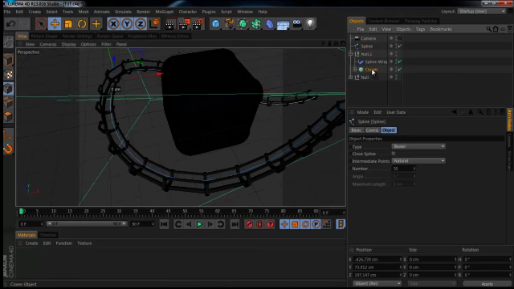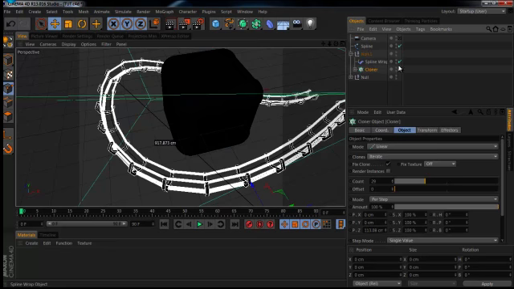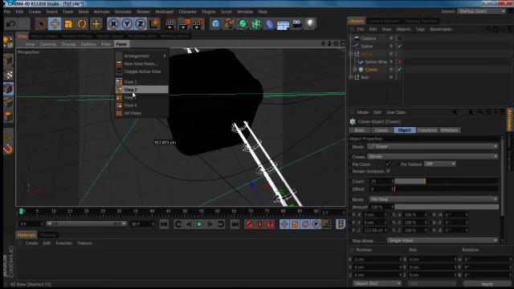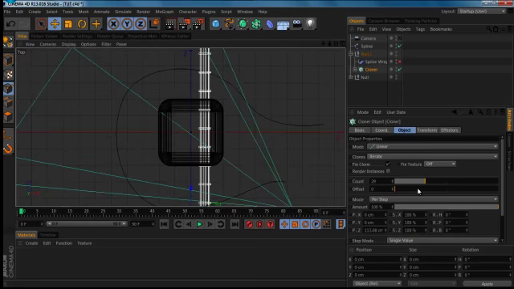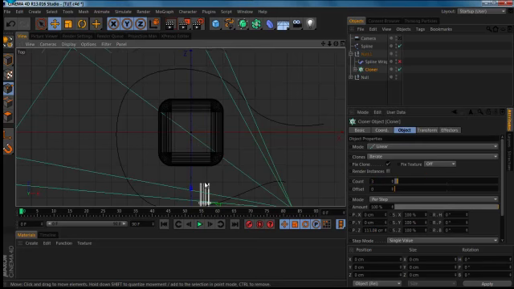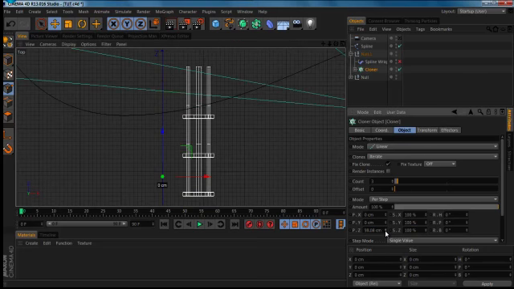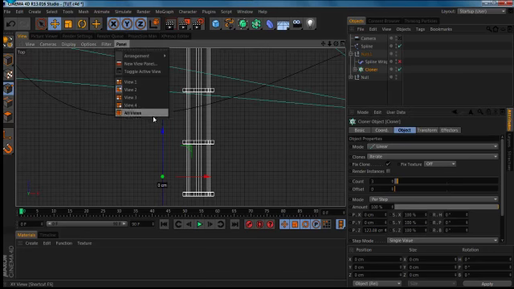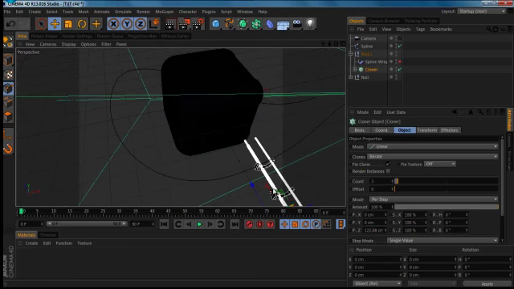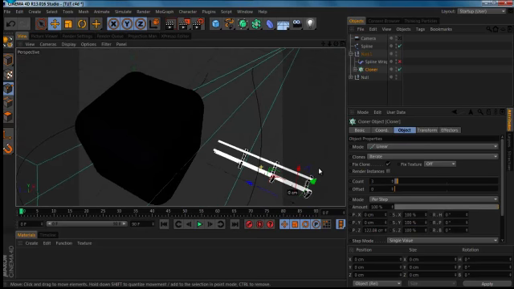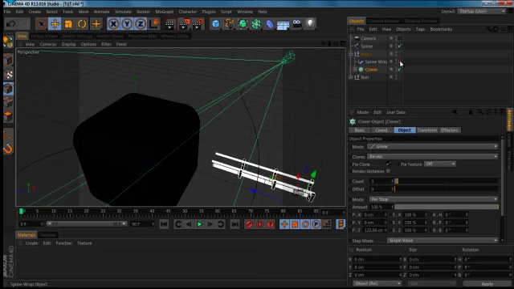Okay, let's jump back to our cloner, and then deactivate the spline. Go in our top view, use the number 3, and then try to zoom in and see what is happening. Okay, maybe increase that. Okay, reduce that to something like that. Cool. And then go to our perspective view, and okay, cool, and then activate our spline,